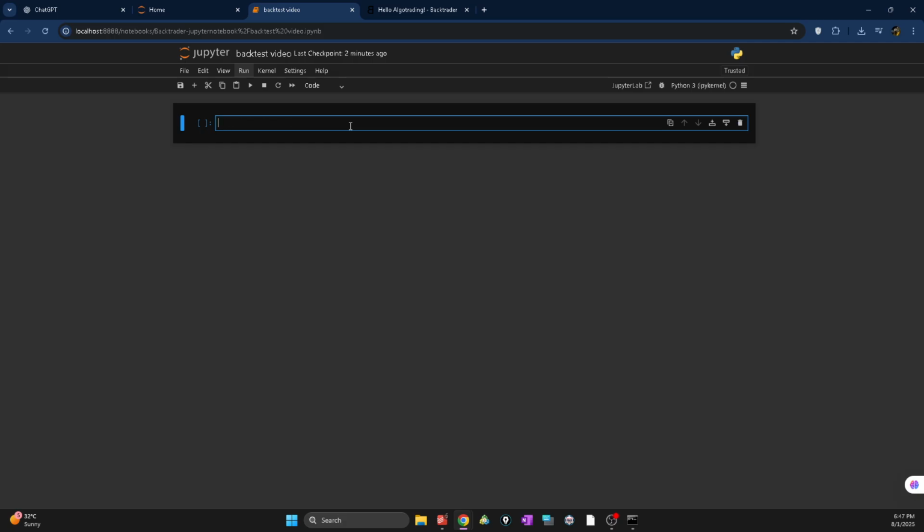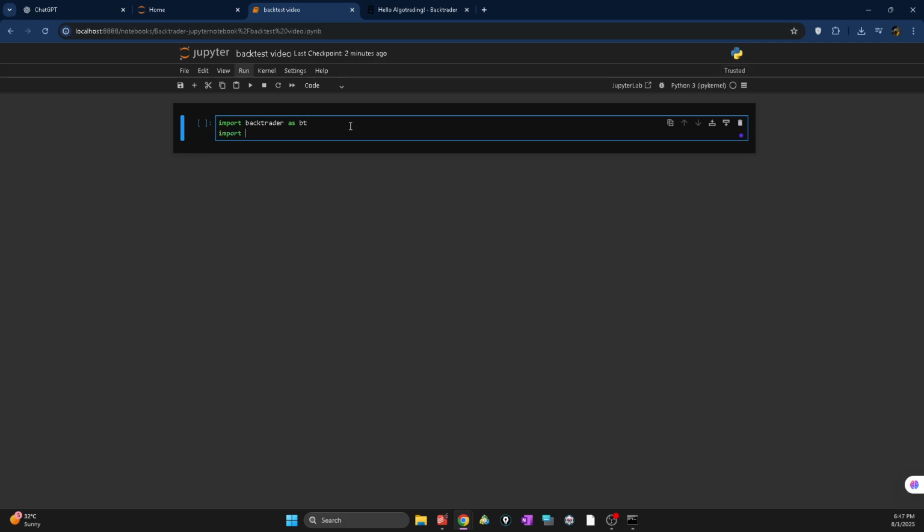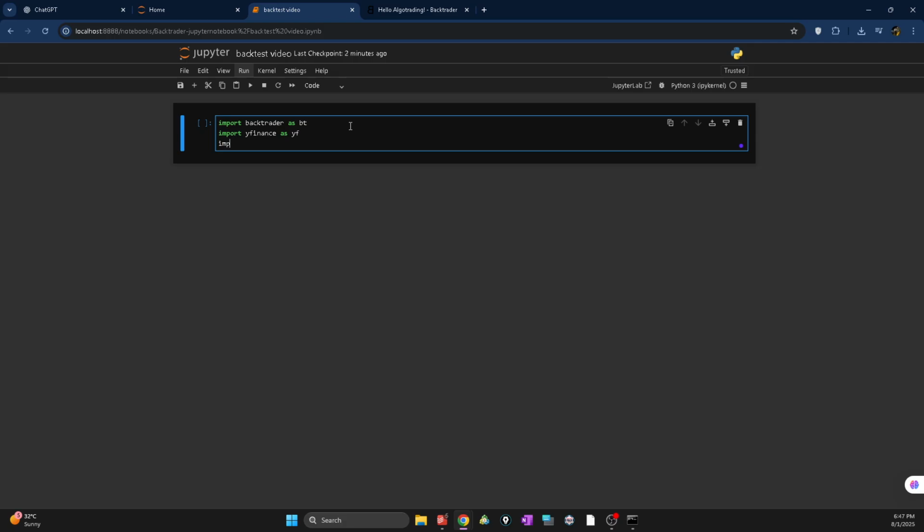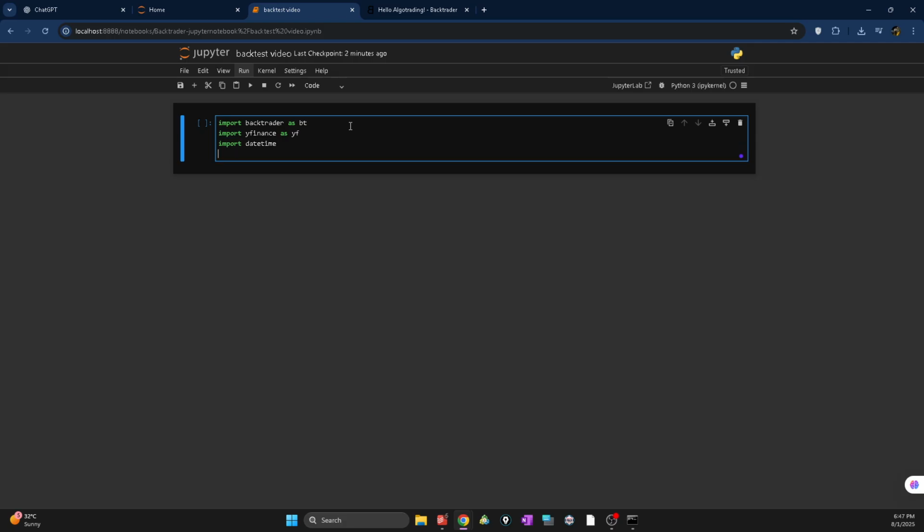So let's start. After you've installed those, we need to import their modules here. So we are going to import backtrader as bt, and we're also going to import yfinance as yf. I'm also going to import datetime. Then this is very important, you need to write this as well: